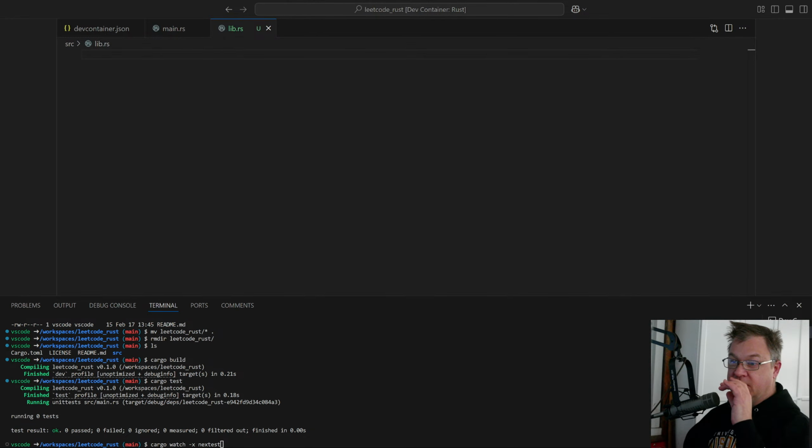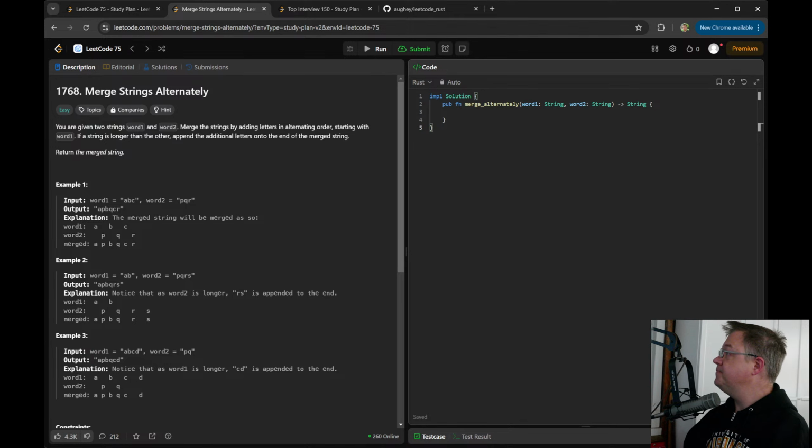Okay. So what we're doing is I'm running LeetCode, and we have LeetCode window here. So we're doing all of the LeetCode 75 or 100 in Rust. So give me a second here just to order these a little bit.